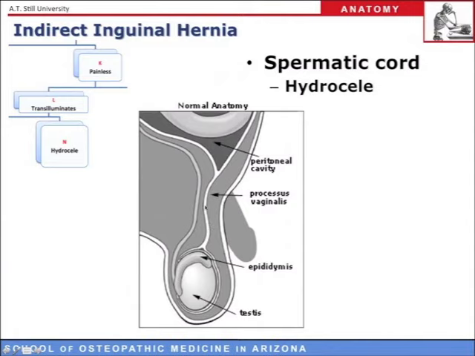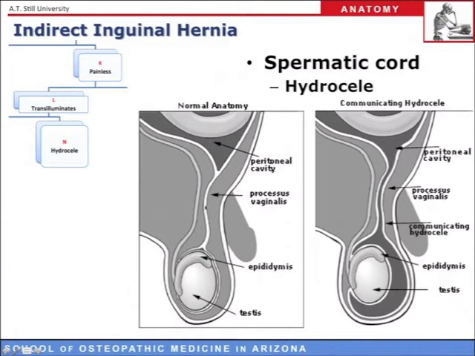And so this again is a slide showing a simplified sagittal view, showing the processus vaginalis as it has become obliterated. And we looked at this slide when we were studying hydroceles, and that the processus vaginalis can be reopened, and then there's communication of the peritoneal cavity from the abdominal contents all the way down through the spermatic cord and into the testis. In this case, there is the potential for a loop of bowel, such as this, to herniate down through that processus vaginalis and end up all the way down into the scrotum.